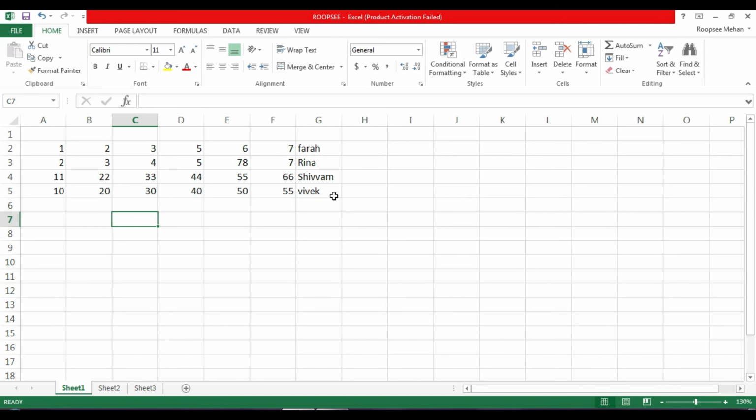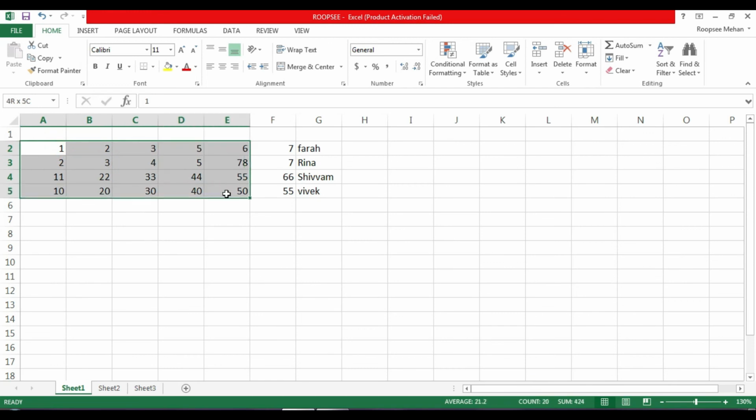Now, let's follow these steps to copy and paste the data from one location to another. So, first step is select the range of cells you want to copy. I will use my mouse and drag it and select the portion I want to copy or duplicate.